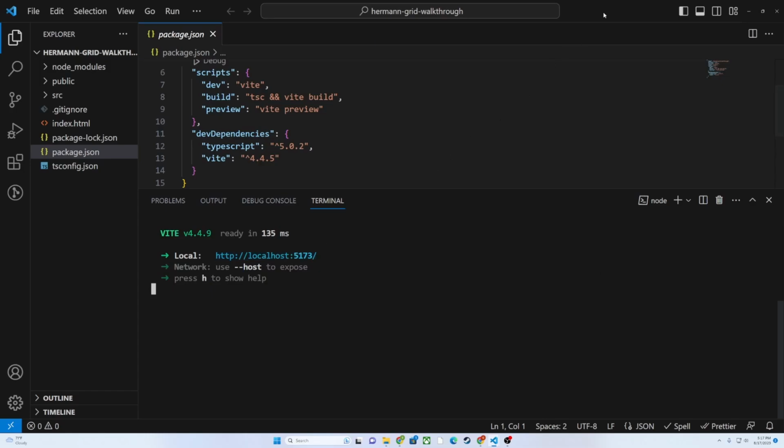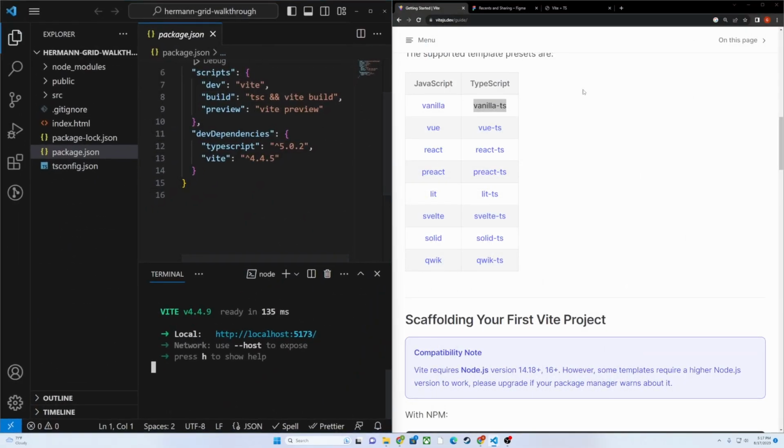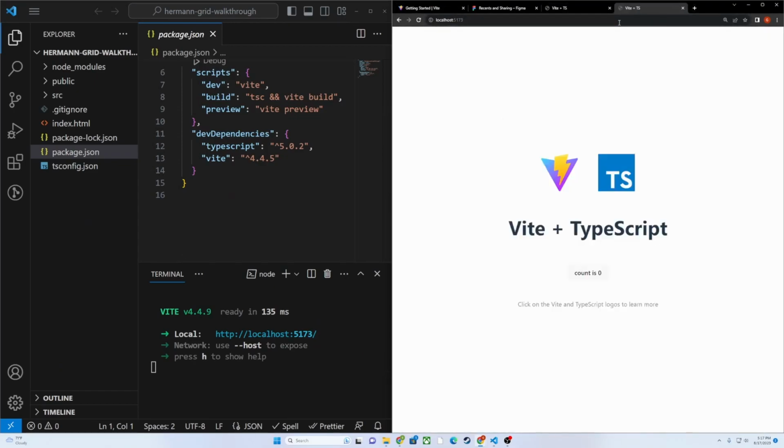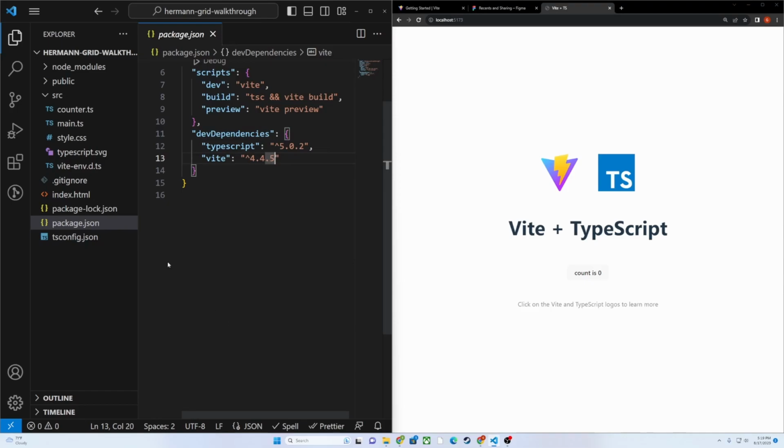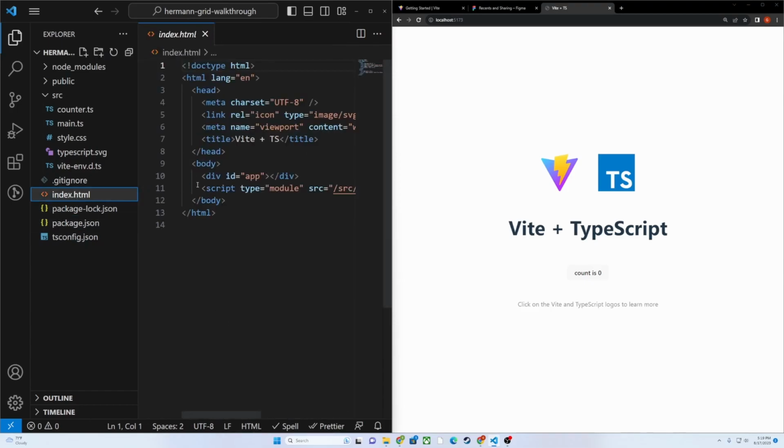Okay, now copy that link. Let's bring this to this side, and then let's make a new page here. Hit enter, and there's our app. Now that our app is running in the browser, I'm going to close the terminal and go to index.html and